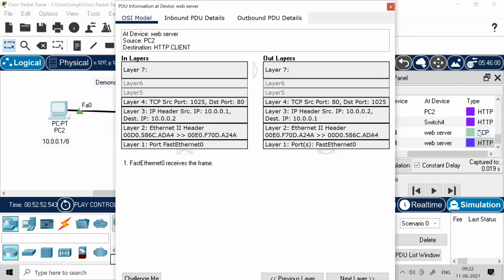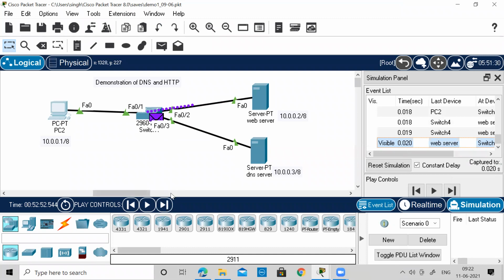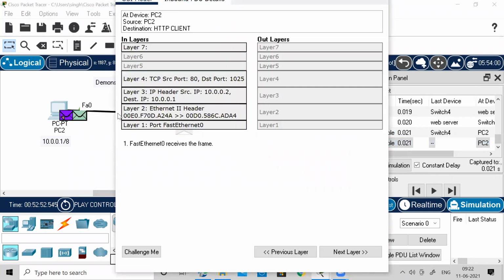So here when you are starting up this HTTP protocol, you see this port number is fixed. Now this is as a part of the reply when it is going to send. Let me show you the reply part. Okay, so in the reply part, you see the source port number is 80, the destination port number is 1025.